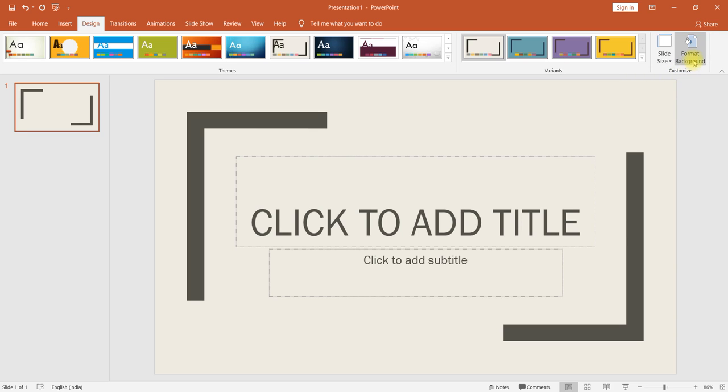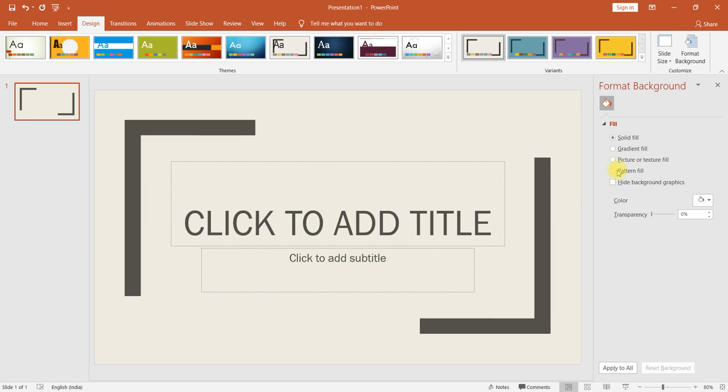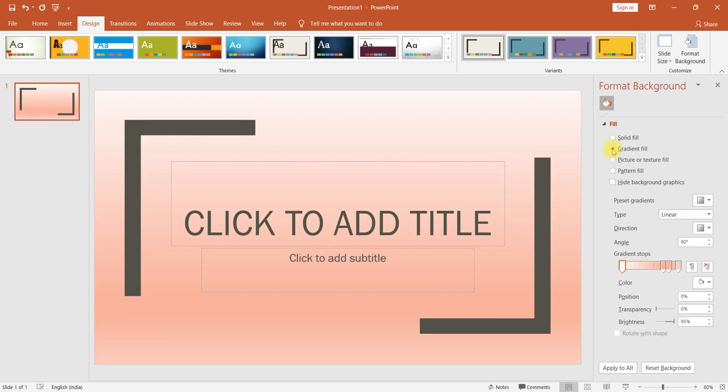Then Format Background: we can format the background, like we can change the color. We can change the transparency. Here we can change the color transparency, or change it to a gradient fill, like one side completely dark and one side completely light. These gradients you can change.